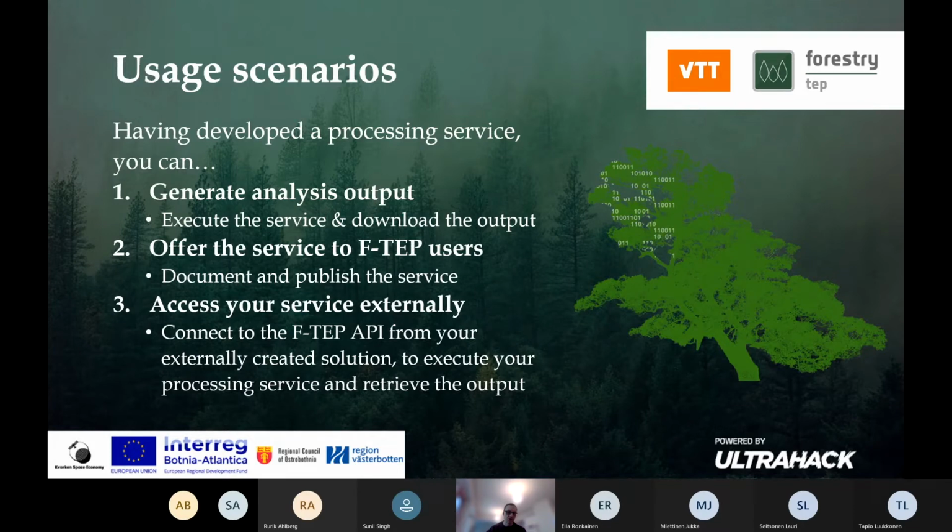It could be used to execute the service and to retrieve the output. The benefit of all of this is, of course, that satellite data is huge in nature, and particularly if you need to develop a scenario where you use multiple data or multiple time instances, etc., then it would be tough for you to